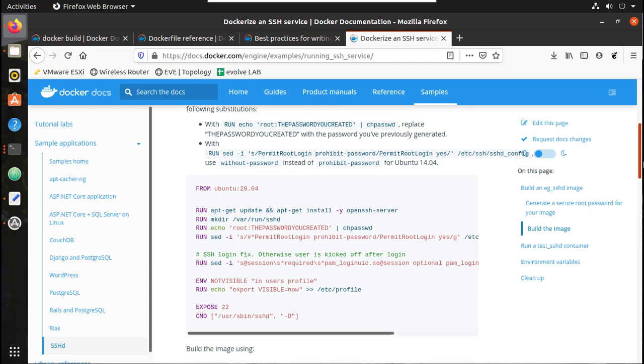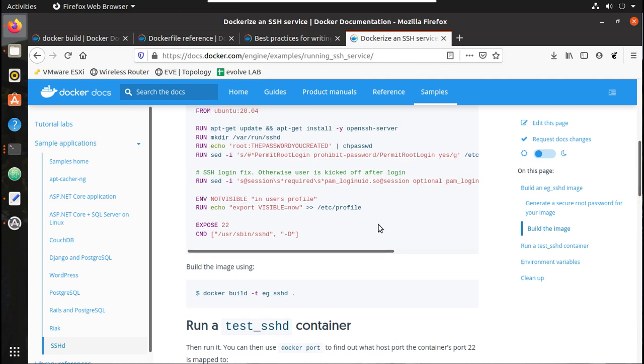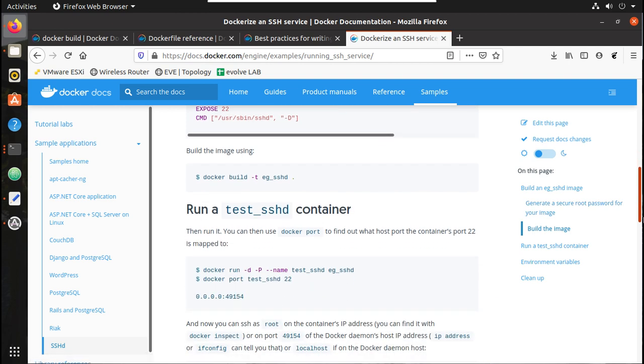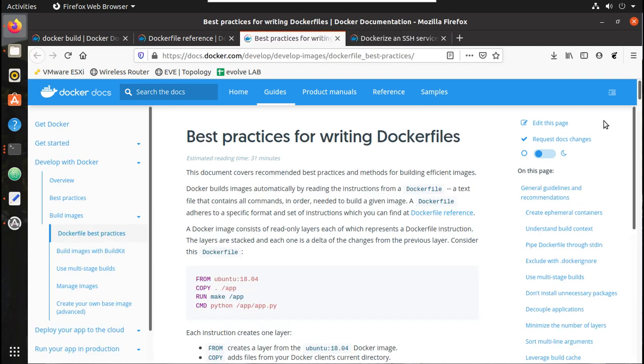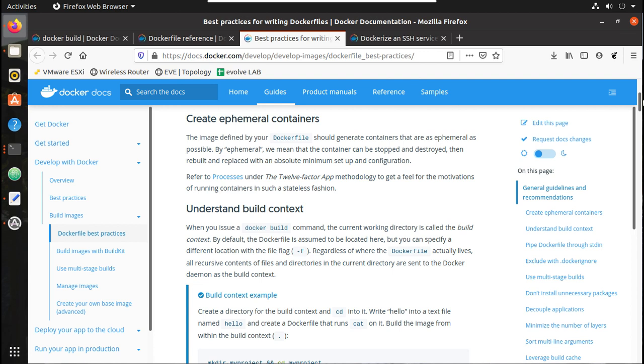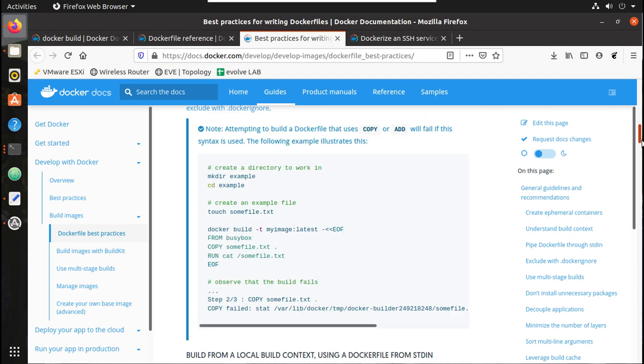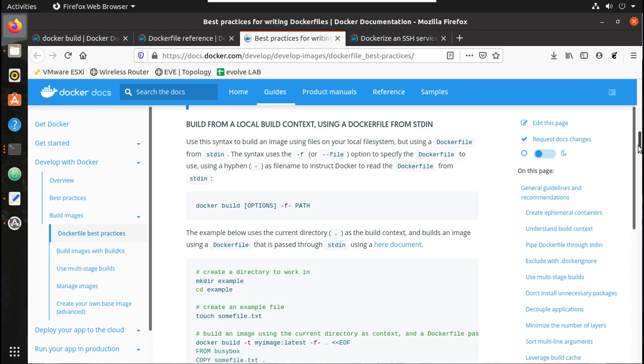Similar way we can give any command, and in the end if you want to execute any particular command, you can give that as well. And there is a best practice document for Docker files. If you're writing it for production image deployment, I would suggest you to go through this and create Docker file.